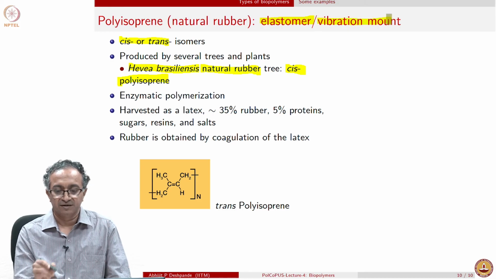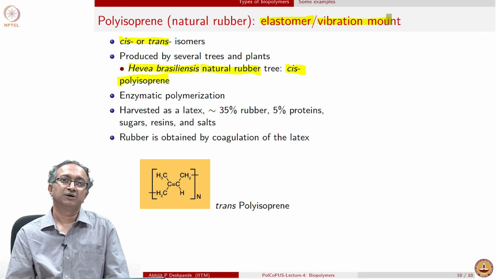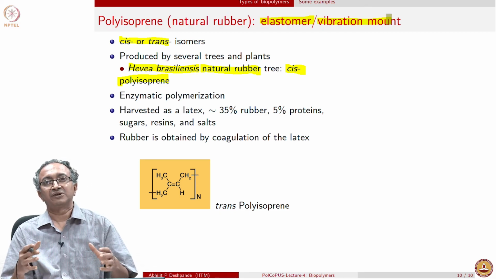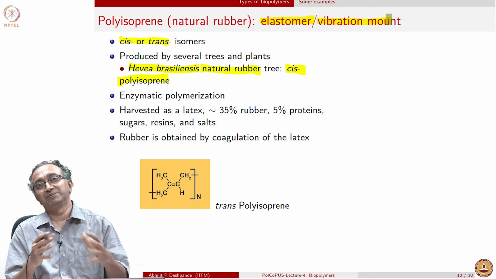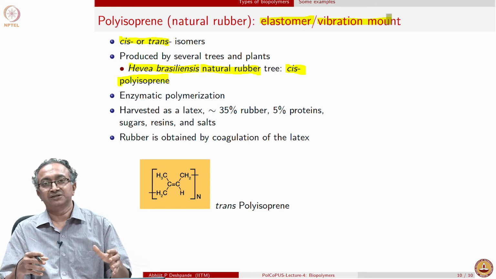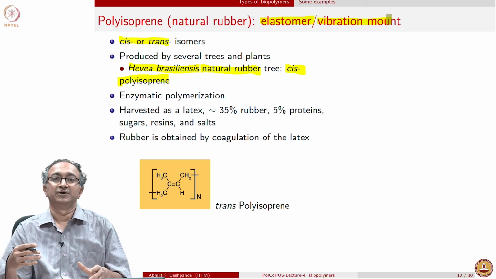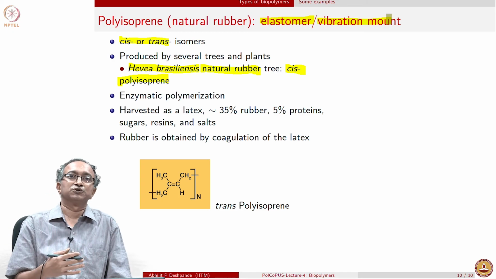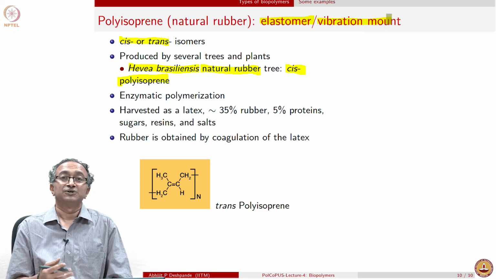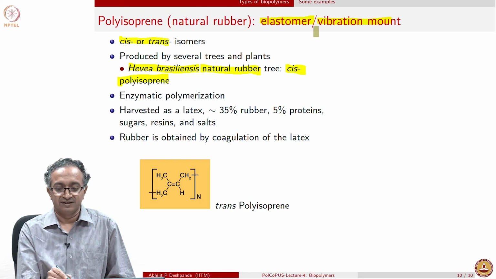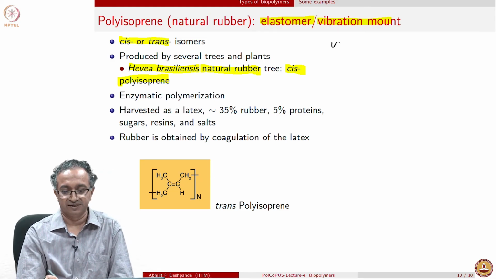Quite importantly, in vibration mounts, natural rubber is still the most preferred material to be used, and in this case it is a damping application. An instrument or equipment, when it is running, it vibrates, and that vibration will be passed on to the floor and from the floor to the other, and in fact the reverse way also. If something else is vibrating, it will come to the instrument and it might affect its functionality. So, generally this instrument or equipment is mounted on the floor, and there is what is called a vibration isolation device which is used,